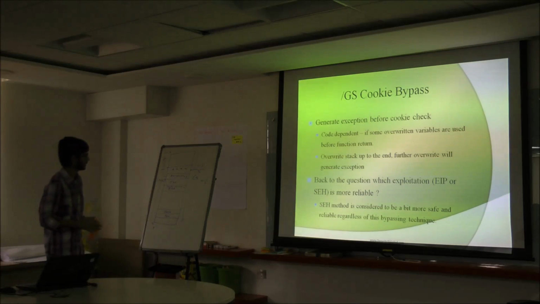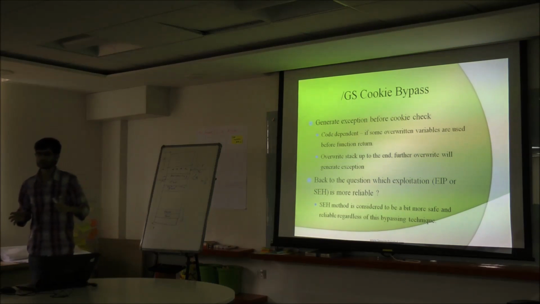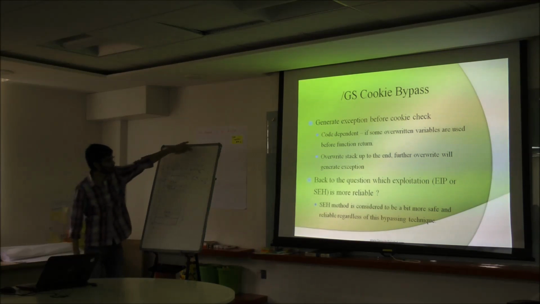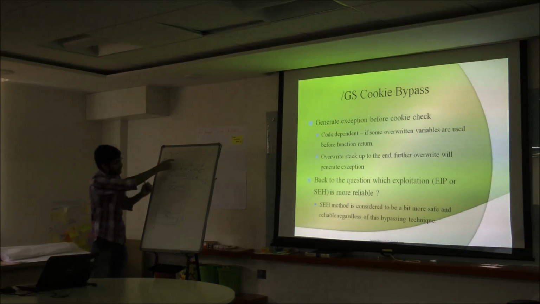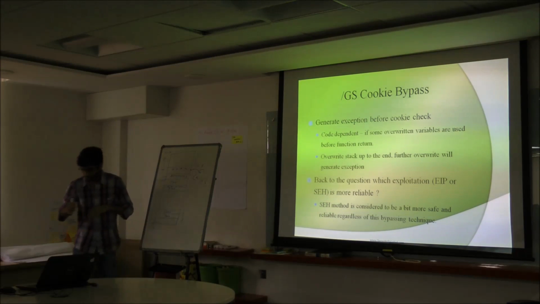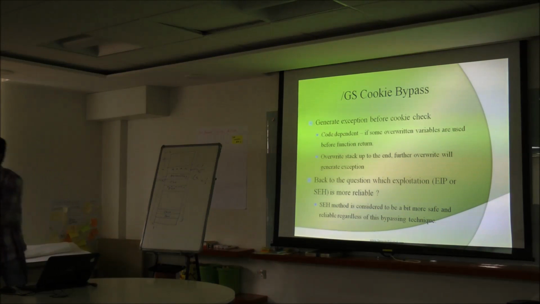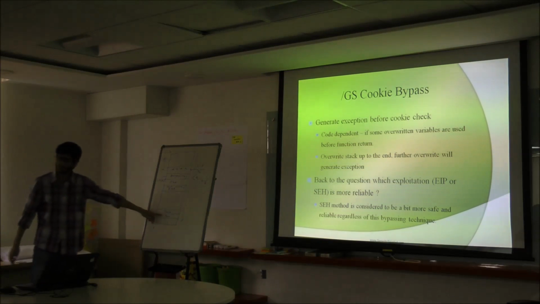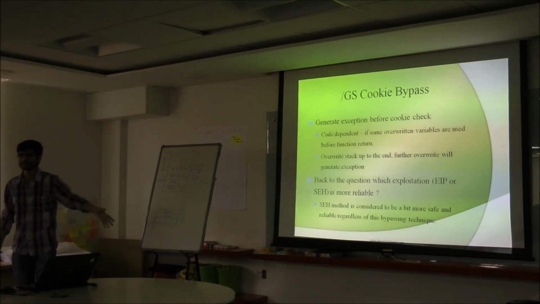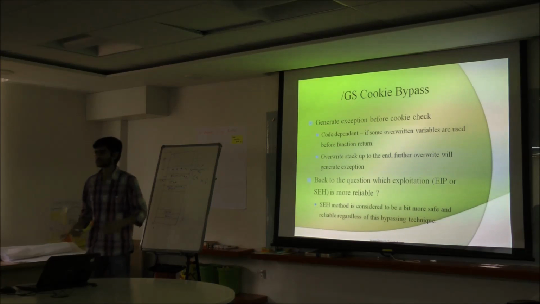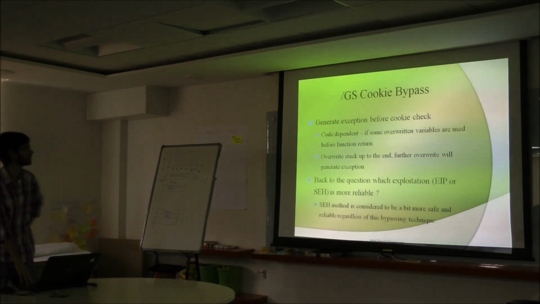And another thing is, if we have control over some instructions, like in a classical buffer overflow, in most cases we can overwrite a long way. We will not end here, we will overwrite to the end of the stack, wherever the last address is. And when we try to overwrite above that, it will generate an exception, because that memory may or may not exist. And we land directly here, because this is supposed to be the exception handler. Then we again exploit it using the traditional method used for the exception handler overwrite.